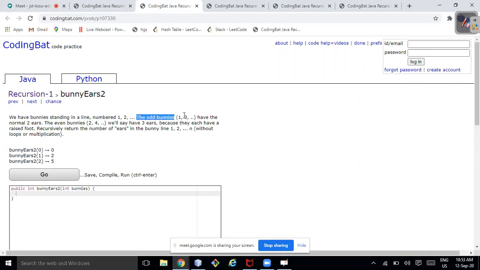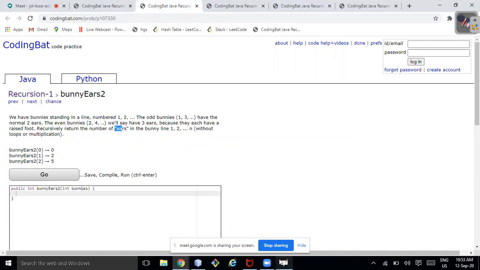The odd bunnies, like bunny number 1, bunny number 3, have the normal 2 ears. The even bunnies, 2, 4, 6, 8, all the even bunnies are having 3 ears, because they each have a raised foot. Recursively return the number of ears in the bunny line.